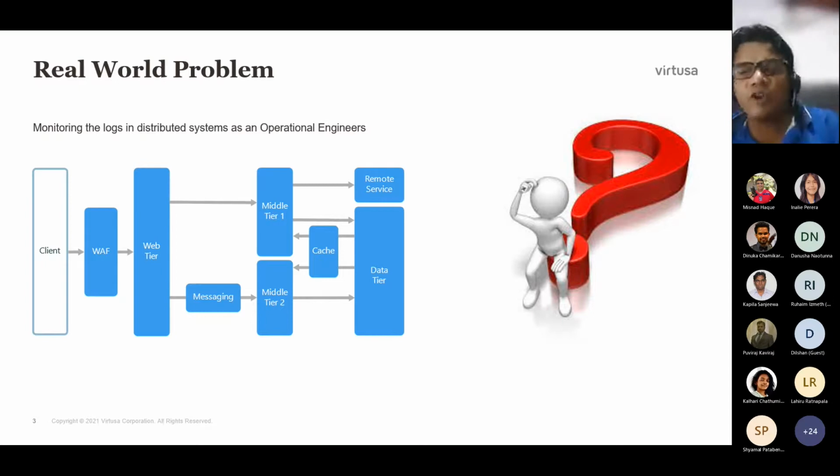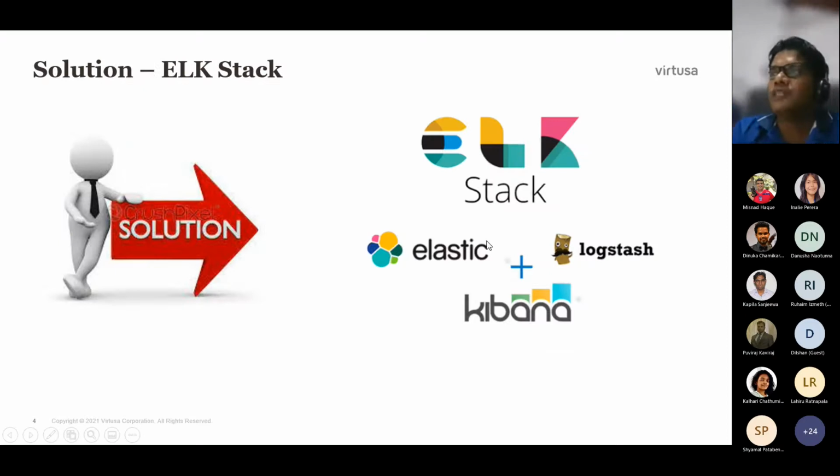So what will be the solution? Can't we come out of this headache? Yes, we can. This is not the only solution; there are plenty of tools in the market, but this is a famous one, and it is open source and freely available. It also has an enterprise version with more features, like alerting, but the free version is available for us to overcome this problem.